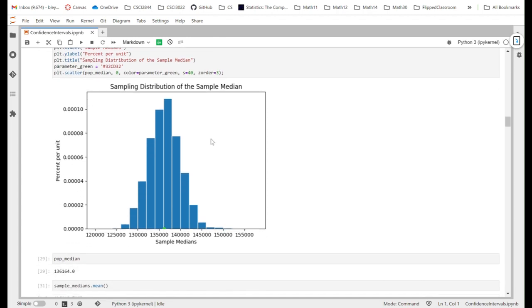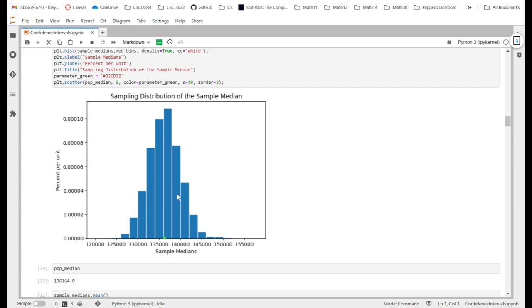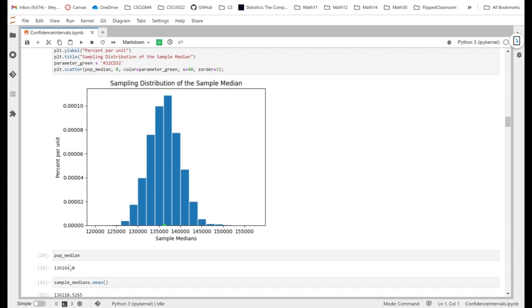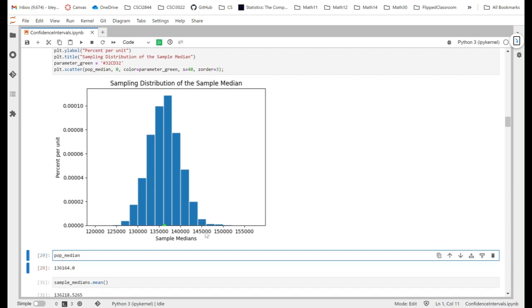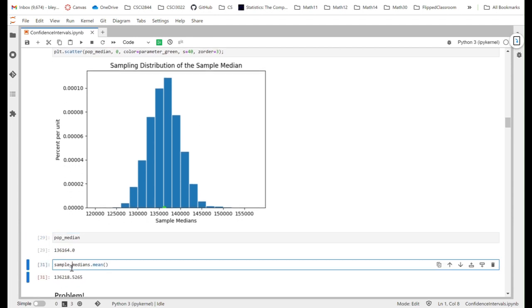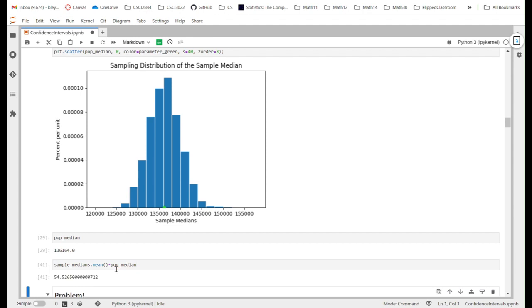If I have a completely unbiased estimator, then the mean of this distribution here will exactly equal the population parameter I'm interested in. So my population median is 136,164. It looks very close to the mean of this. If I calculate the actual mean of this, it's 136,218. So it's very small bias here. So I look at the difference between this and the population median. My bias is 54. We're talking, these are in thousands. I'm talking dollars. So,